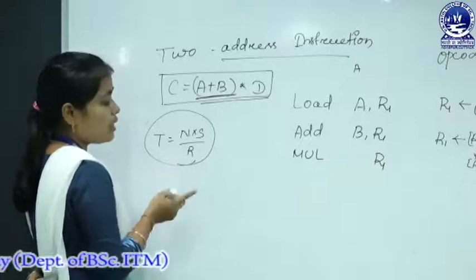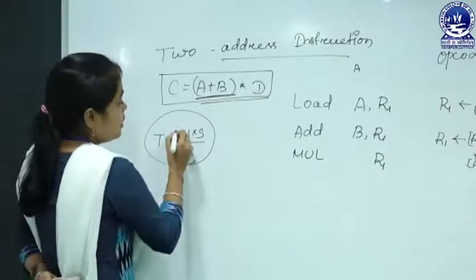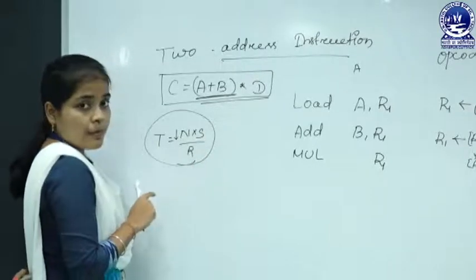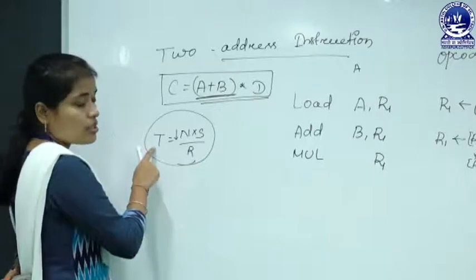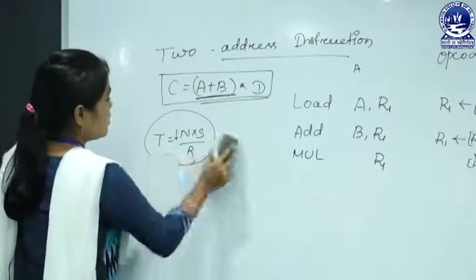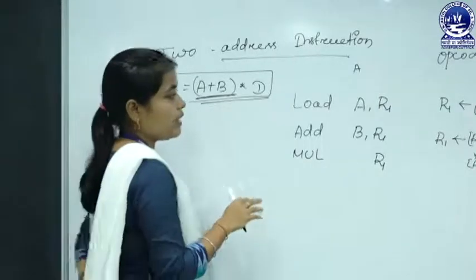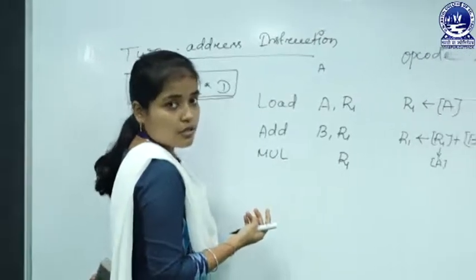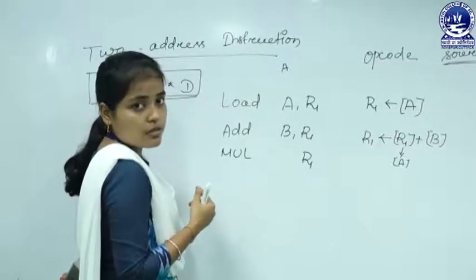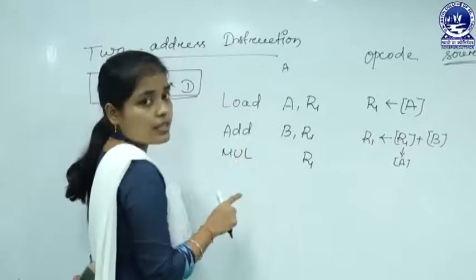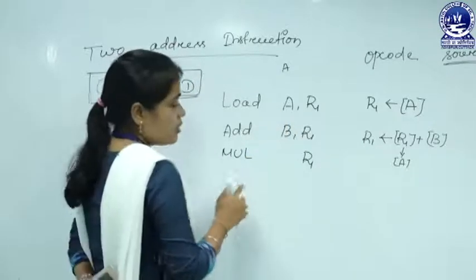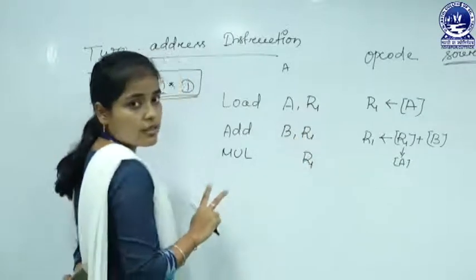In this equation we have already discussed that you have to decrease the number of instructions so that you can decrease the number of steps, and as a result decrease the elapsed time, the execution time, to increase the performance. So, to get better performance, you have to write fewer instructions. That is why I am taking one register and doing all the operations on that register. Here I am updating the content of the register, but I am not updating the content of A and B. They remain as they are. That is why you can use a single register also.